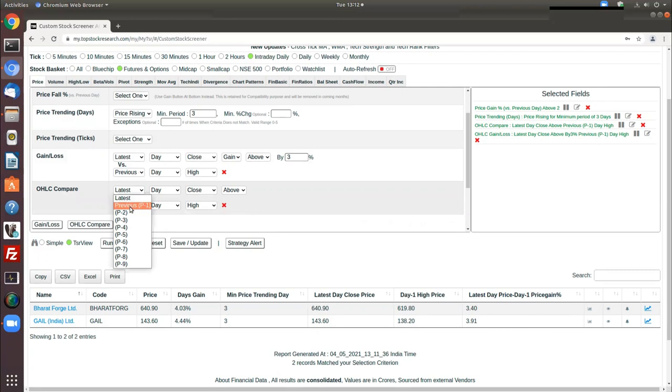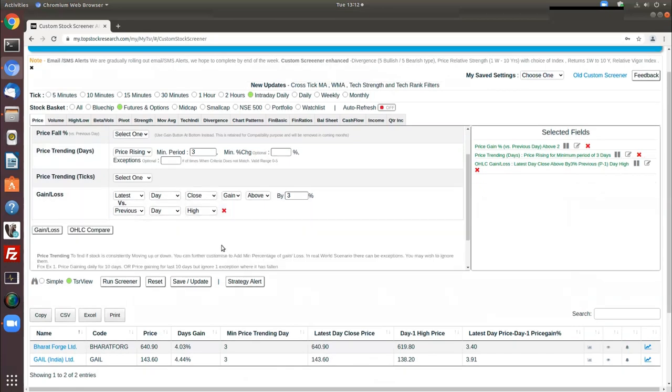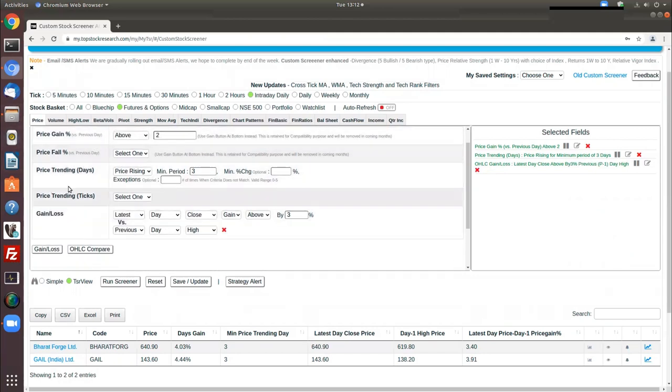So this is for the guys who are just interested in comparing the latest day price. You can compare with P-2, where P-1 is yesterday's price or the previous tick's price, P-2 is 2 ticks back, and so on and so forth. So you can go back up to 9 points to filter a pattern of your choice. So this is how you would try out different options available in the pricing tab. I won't bombard you with a lot of information here, but this was just to demonstrate how you can incrementally add filters.